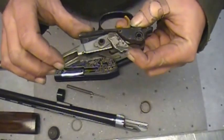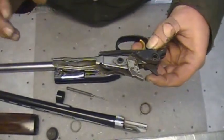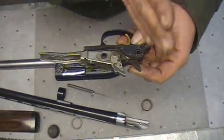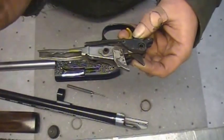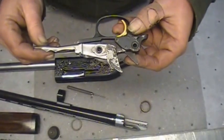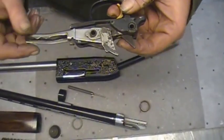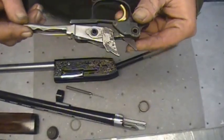So you kind of think 100% backwards. Instead of everything happening going this direction, it's happening going that direction. That's the biggest problem people have with these guns. But this is a very, very critical part, and as you can see from this, it's very dirty, very